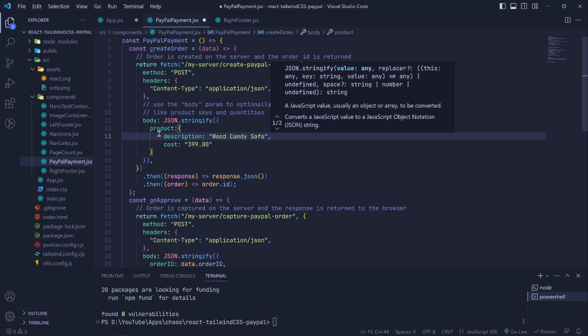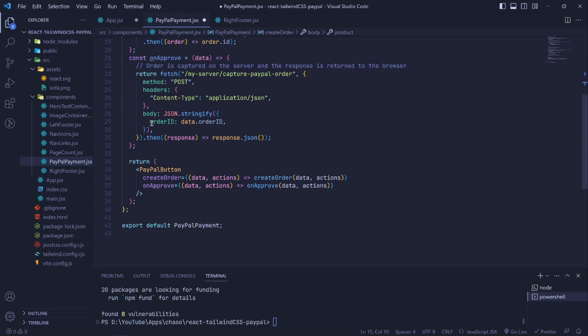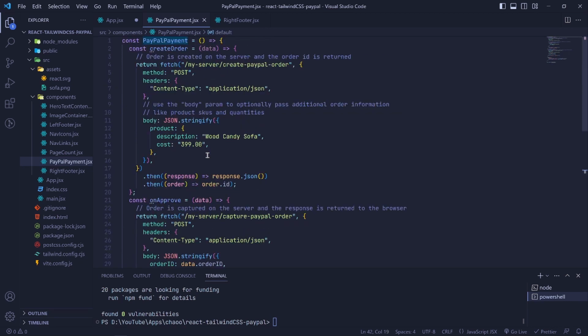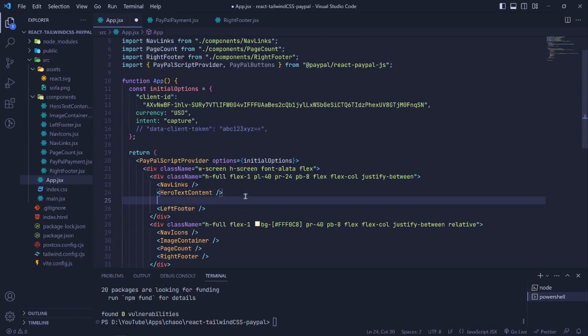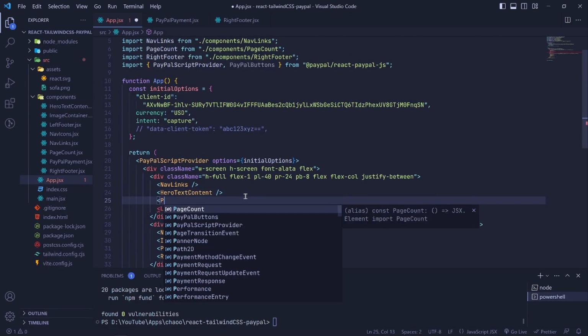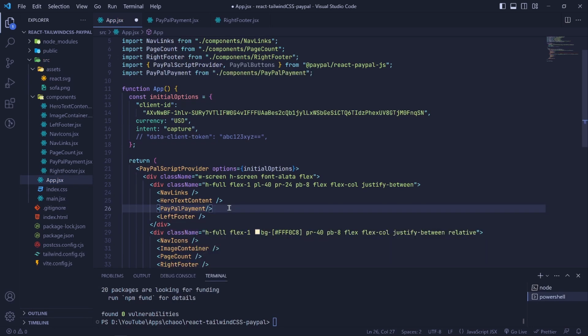So on the back end, I'll be able to receive this information and use it to create the order. Now onApprove, we use the order ID to complete the payment, and so on. So I'll go ahead and save this. Okay, now we have this component, and if I happen to use this component right here, so PayPalPayment, and save and go to the website,